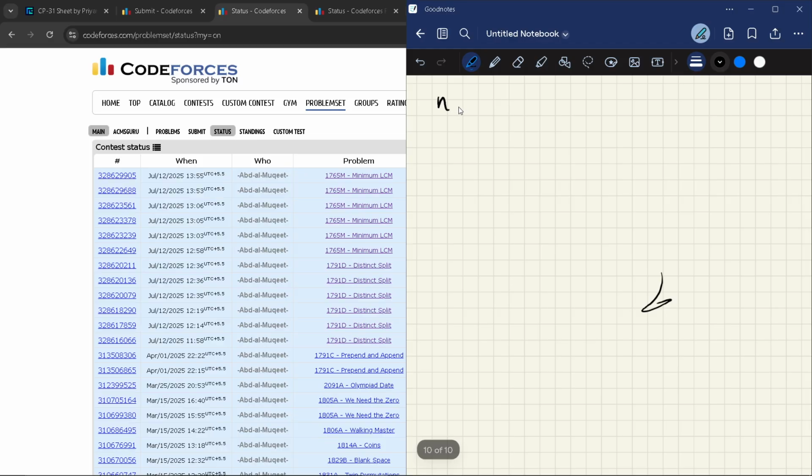So I have a number n. I have to check out of all of the possible combinations, which combination is best to give me a greater amount of LCM. 1 comma n minus 1. So the LCM of this will be always